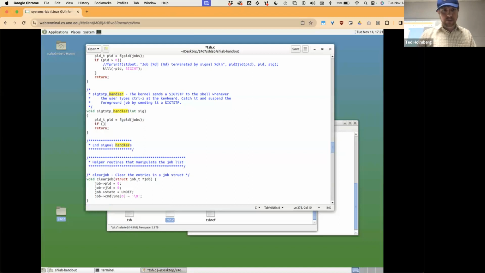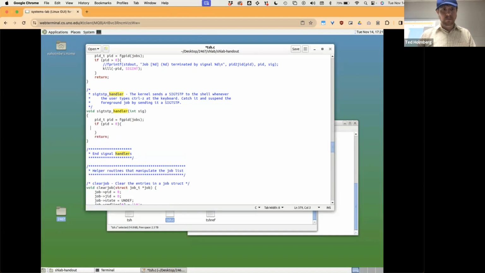And then if the PID is greater than 0, then we're going to go ahead and call this kill function. And we're going to pass it in the PID, and then we're going to pass it in the